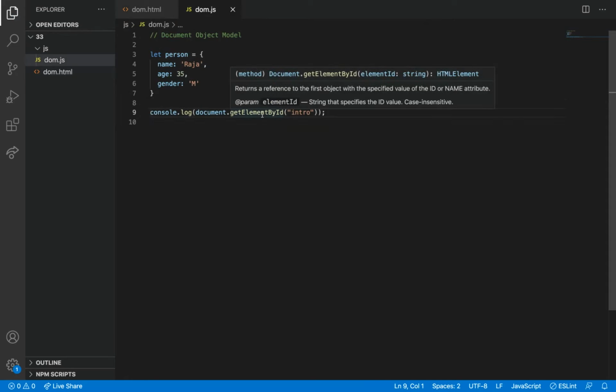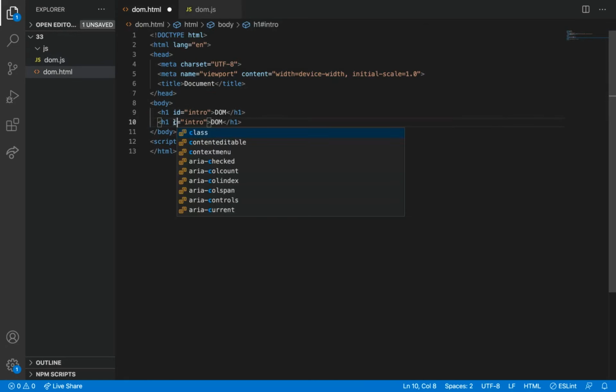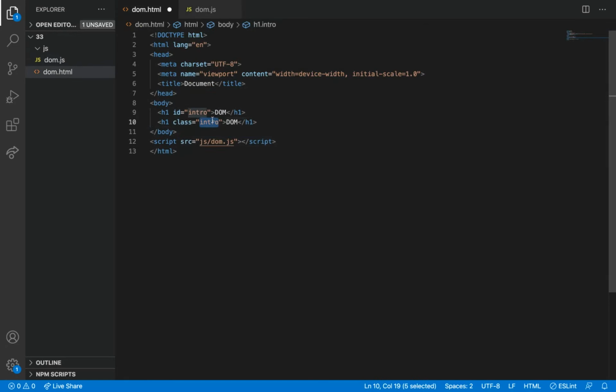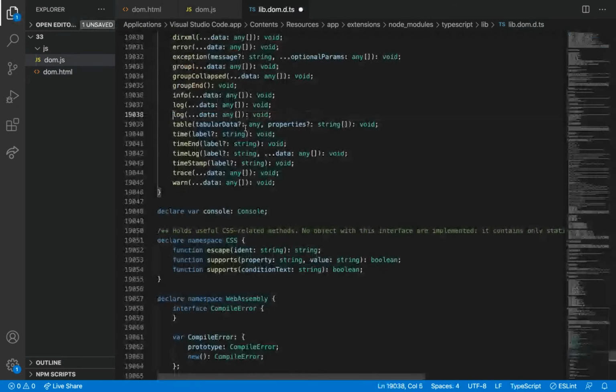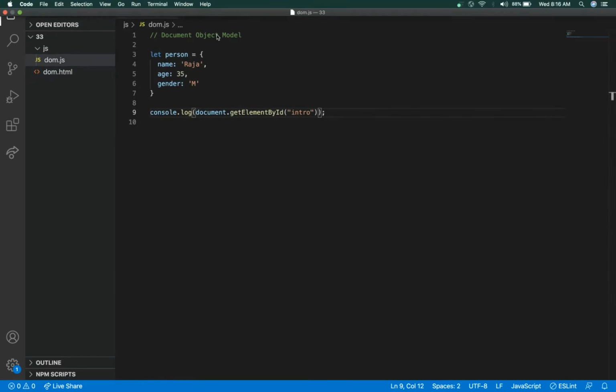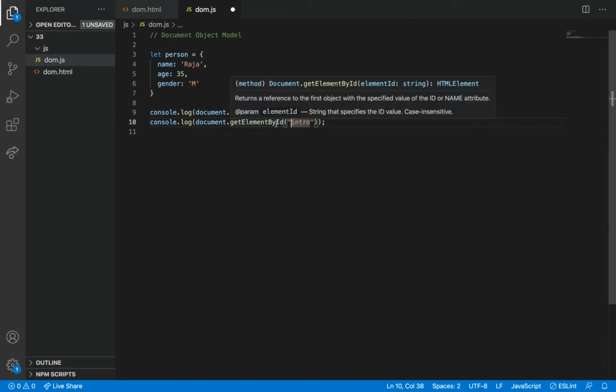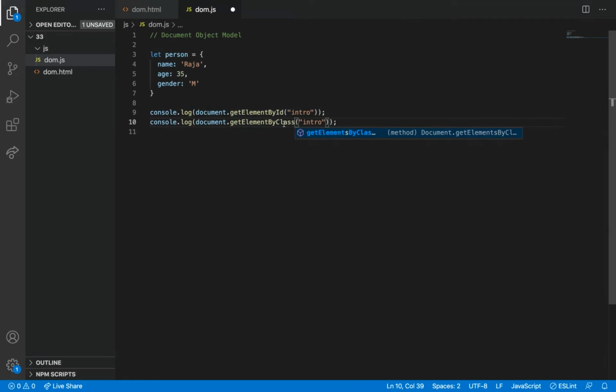So there are other methods too. So let me write a class name of DOM. So I can also get elements by class name. What is the class name I have given?